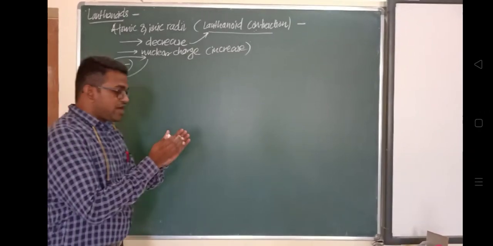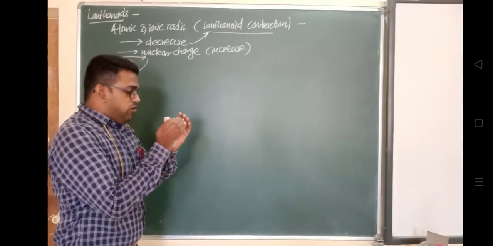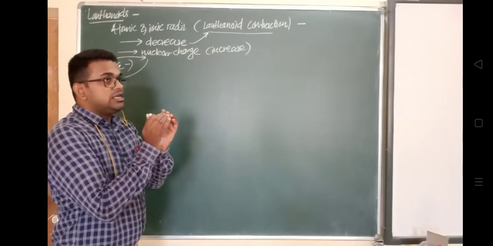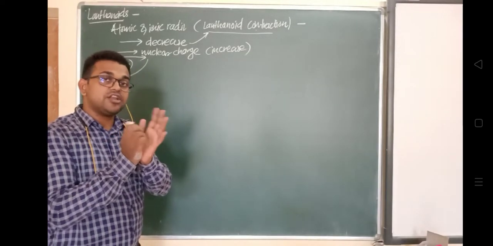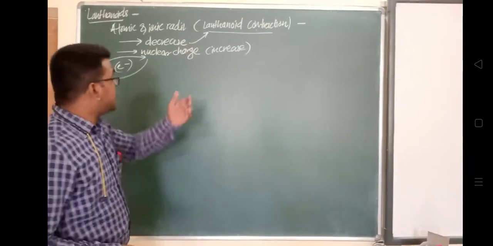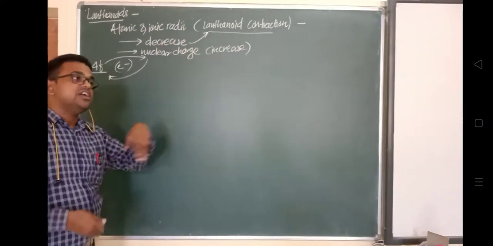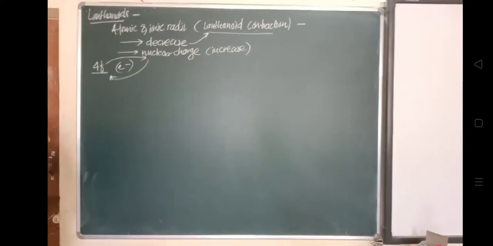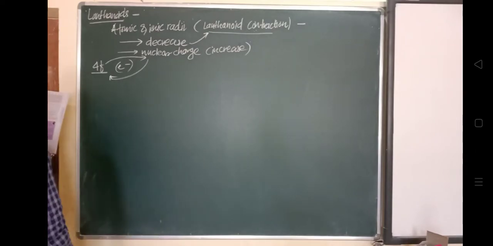This contraction is happening because of the filling of the 4f orbital, and it is causing contraction. Whenever any contraction takes place in a body, its size is going to decrease, which means its atomic as well as ionic radii will decrease. So this is termed lanthanoid contraction. The 4f electron shell contracts at each successive element.